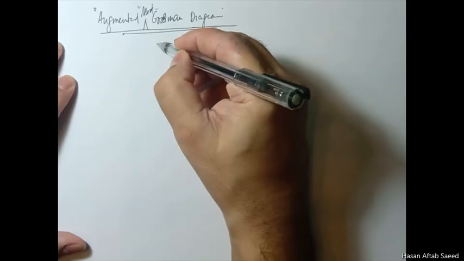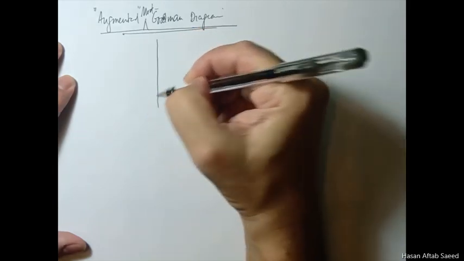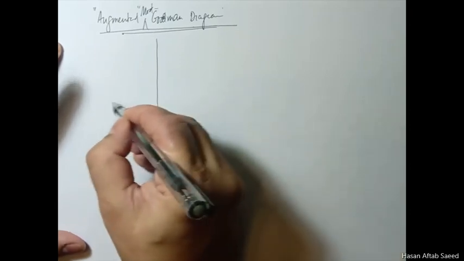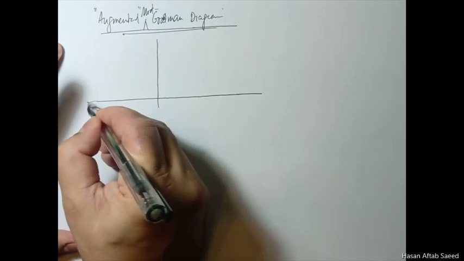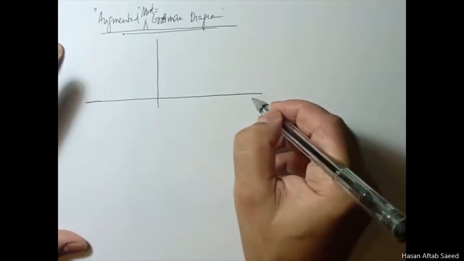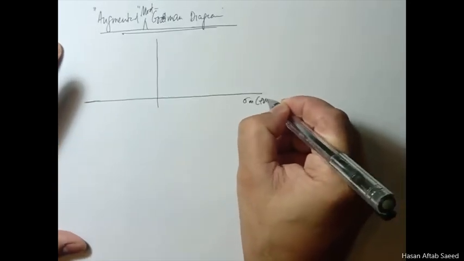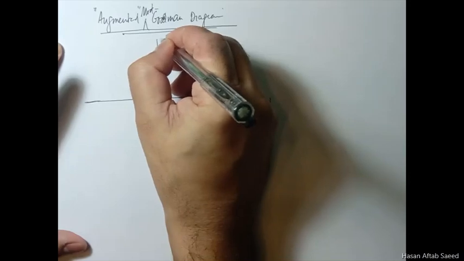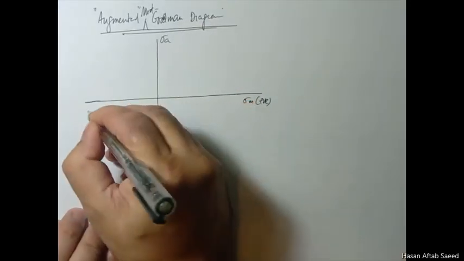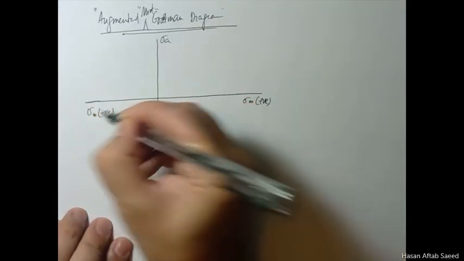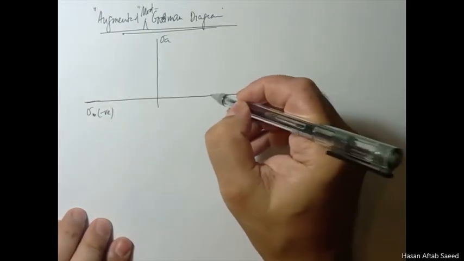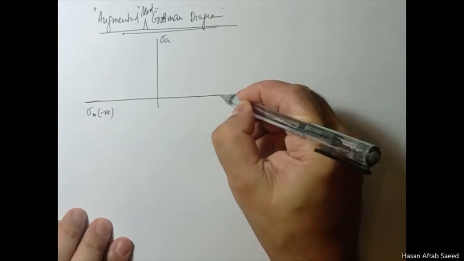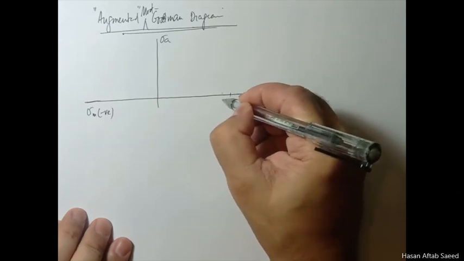So let's shift this graph that we have studied to the right, and let's include space for negative sigma also. So this is sigma m positive, this is sigma a. Now this is sigma m negative side. So let's make this again using the same scheme. This is SUT,